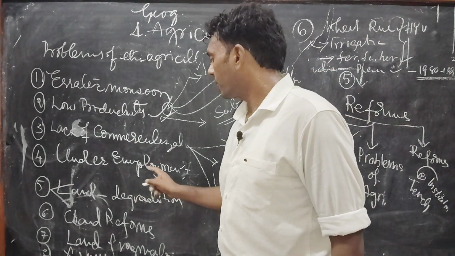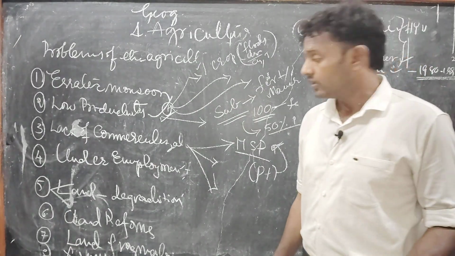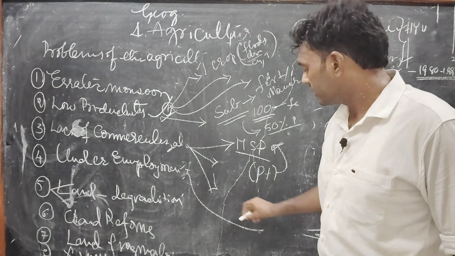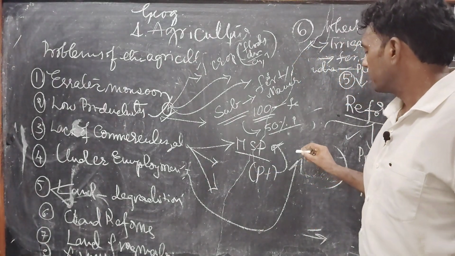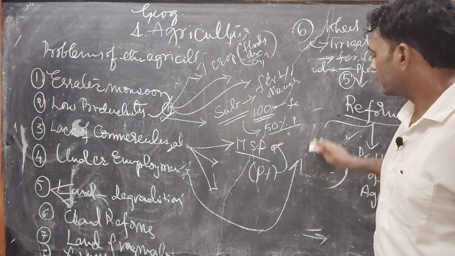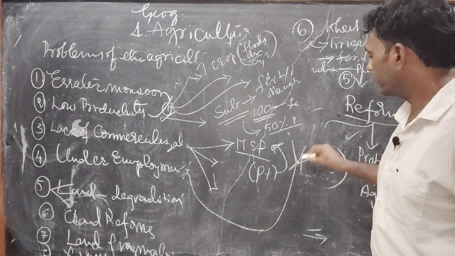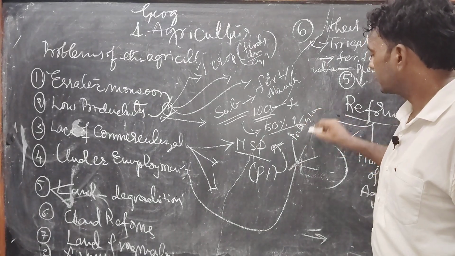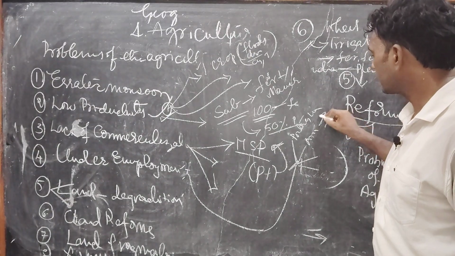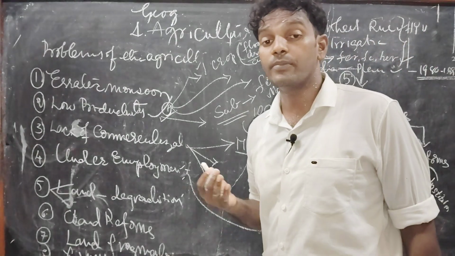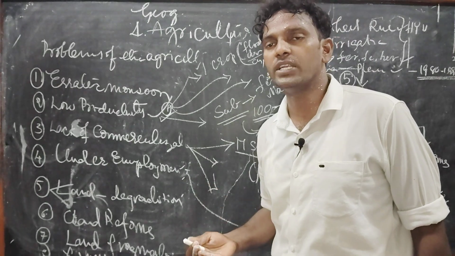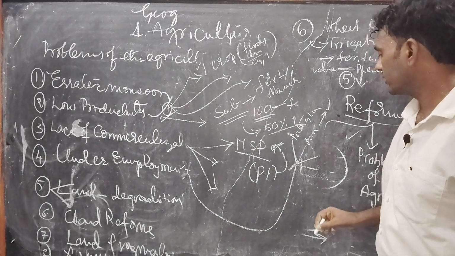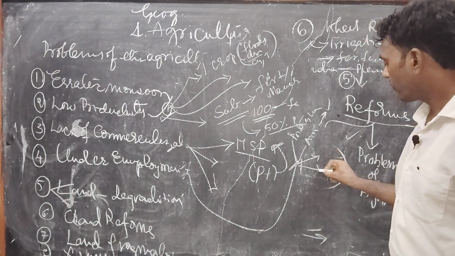Coming to underemployment, a lot of people are suffering from underemployment. So what is the government doing? The government is providing employment for these rural people. What kind? Encouraging the poultry industry and animal rearing. Some governments are providing animals like the best cow breeds, buffalo breeds and also sheep breeds to the rural unemployed youth, and also they are providing training